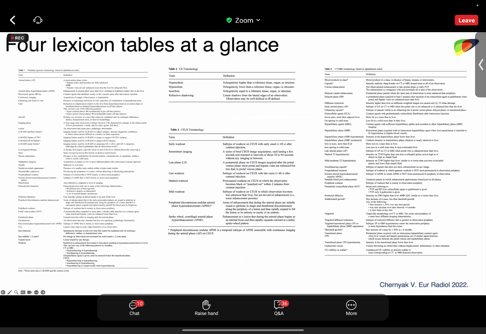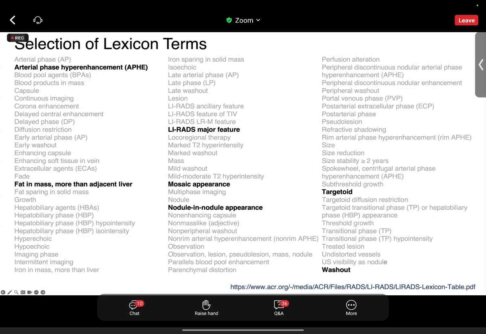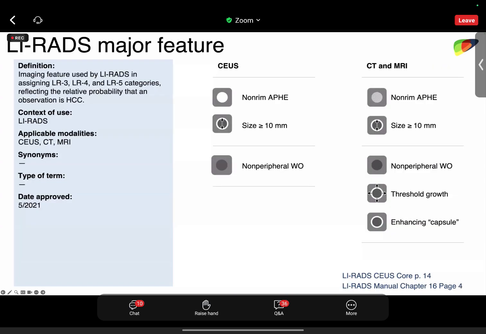This slide summarizes the 83 terms that are currently approved. In the interest of time, I have selected a few of them for illustration purposes, and I will show you some slides from the LI-RADS Atlas. So the Atlas captures some of the elements of the lexicon table, with the exception of general comments and LI-RADS specific comments that are left in the presenter's notes in a PowerPoint document.